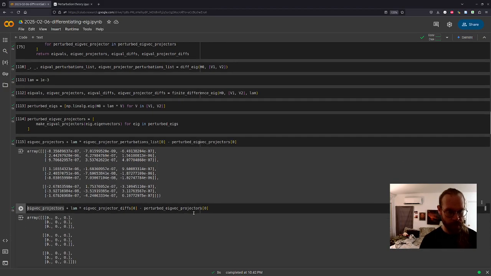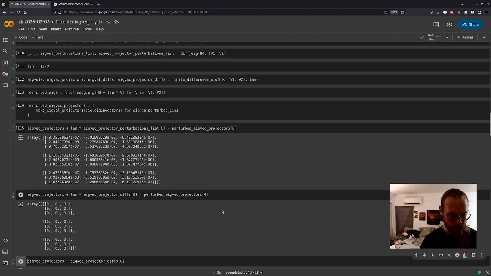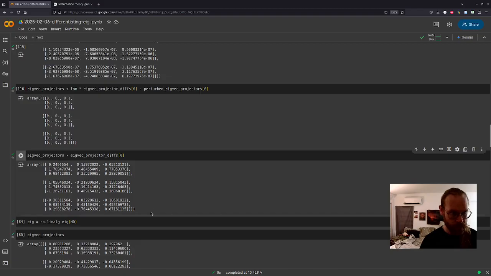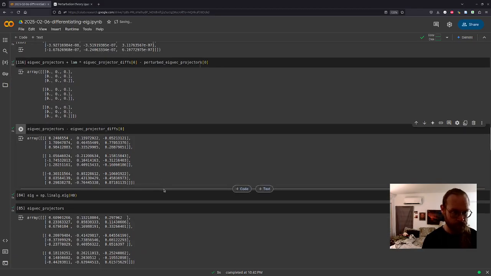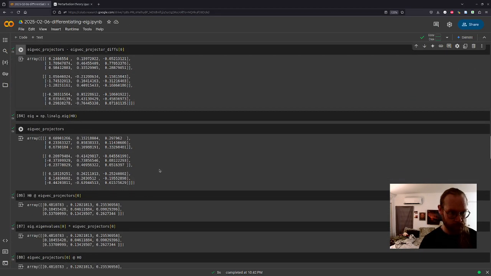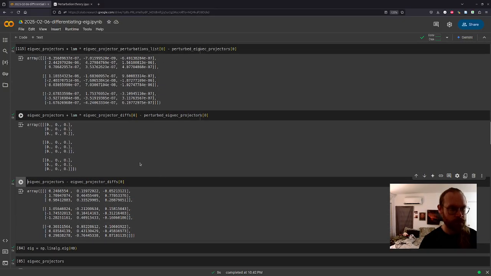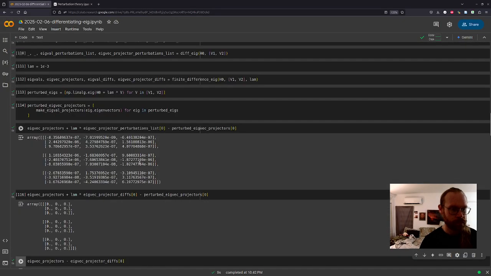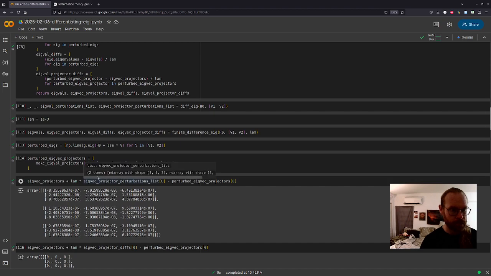I sort of bet this works. I think that looks better already. What if we make the perturbation even smaller? It should get closer and closer.